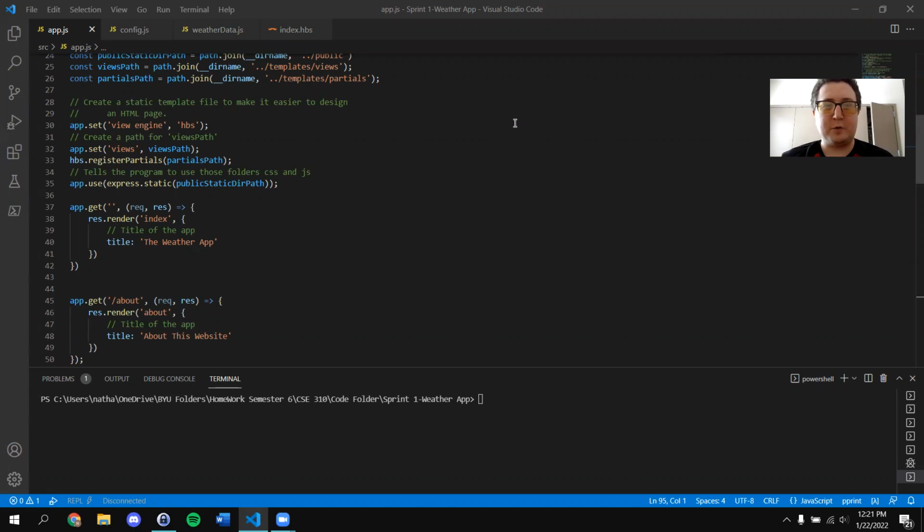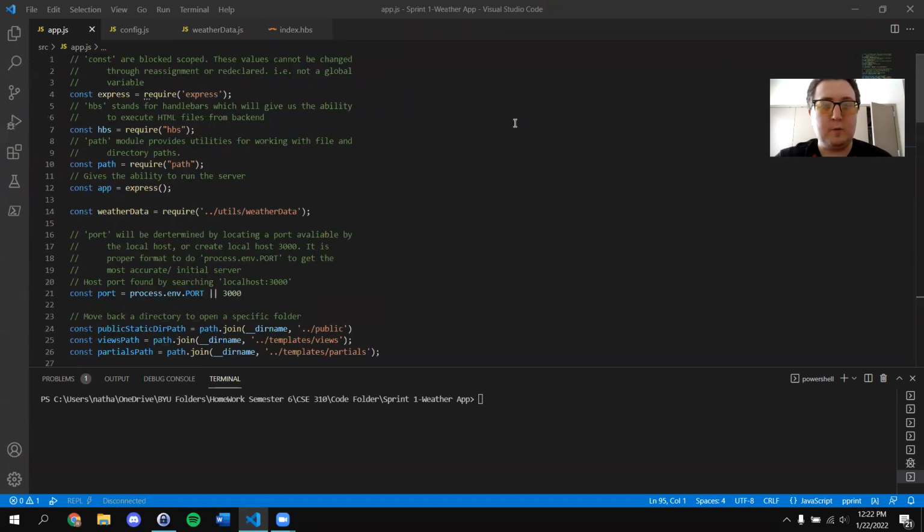For my projects and web apps, I've decided to make a weather application. The function of this program is that the user is able to enter the name of the city of their choice, and it should give them the current temperature and the weather conditions of that area. So here in my first file,